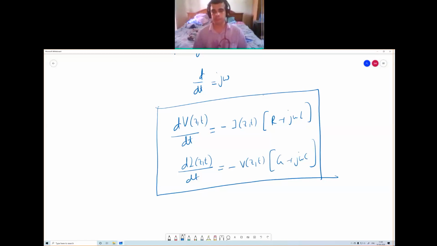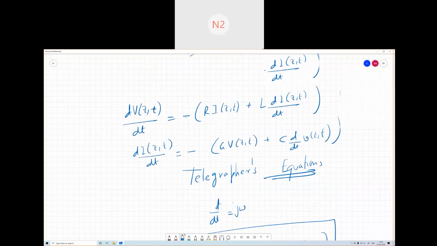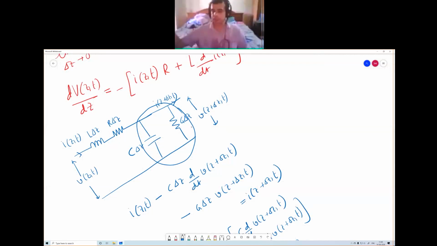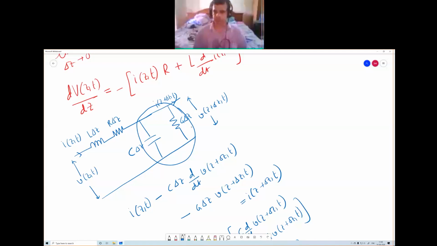Sir, in the circuit, why is it I(z plus delta z) here? Because, as we had seen, the current is changing along the circuit, right? That is why. Because the change is small, we can ignore it. We had done this once. That is why it's I(z plus delta z). I(z) and I(z plus delta z) are not usually the same. If delta z is large, then of course they are not the same. At a given instant of time, the current is varying along the circuit.